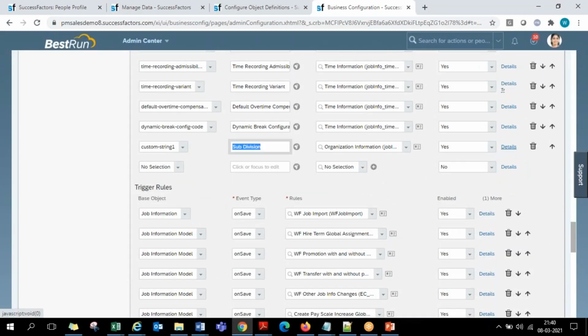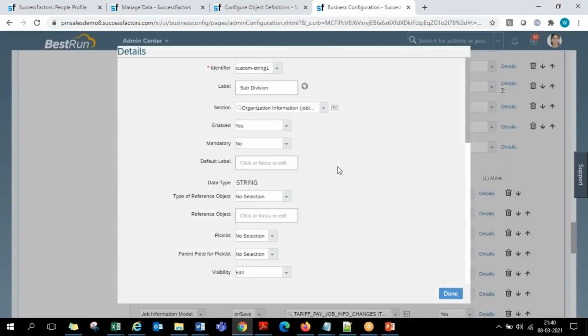Under the properties of it, here under the details, a lot of properties will be visible. Here one more property is for getting the values from that MDF object level to this field. So this field has to refer to an MDF object. Type of reference object is foundation object. The system has to refer to the foundation object. Which foundation object it has to refer to for the drop down values is what you are required to paste here, the object ID.